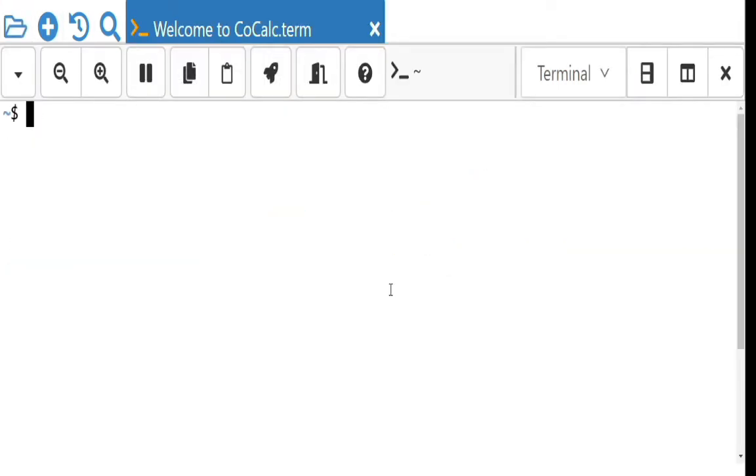We will start with new ones. First we create two files, that is a.txt. I am going to give some values there. a.txt will contain: hello, welcome to AITM.